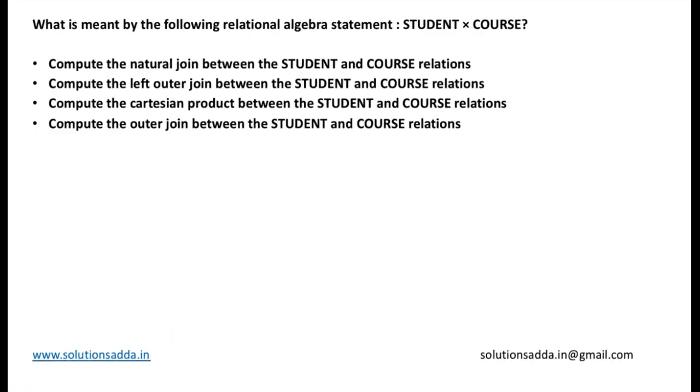This is a question from database management system. What is meant by the following relational algebra statement? Student cross course. Options are: compute the natural join between student and course relation, compute the left outer join between student and course relation, compute the Cartesian product between student and course relation, or compute the outer join between student and course relation. So cross is the operator that indicates the cross product,